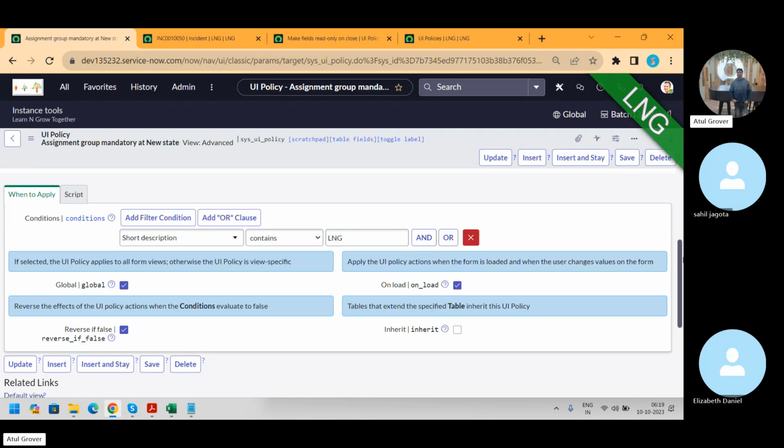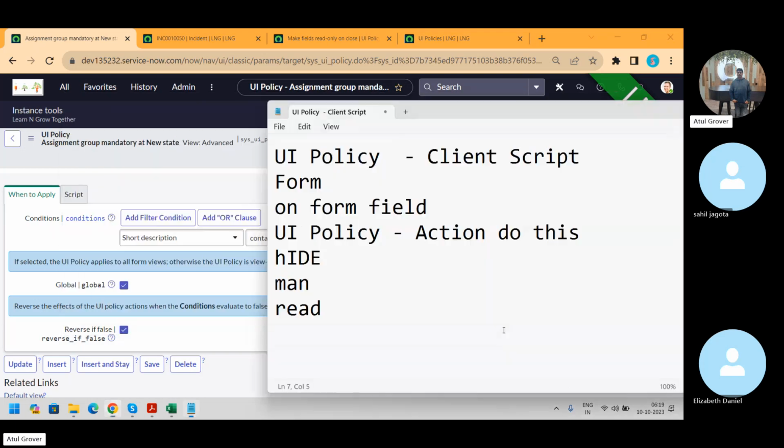So what it says is, if you are creating a table from any other table, and in the parent table that field has some UI policy, do you want to use that as well? I said no, I don't want it to be used. Let me show you, let's come here. What does inherit mean? In the parent table